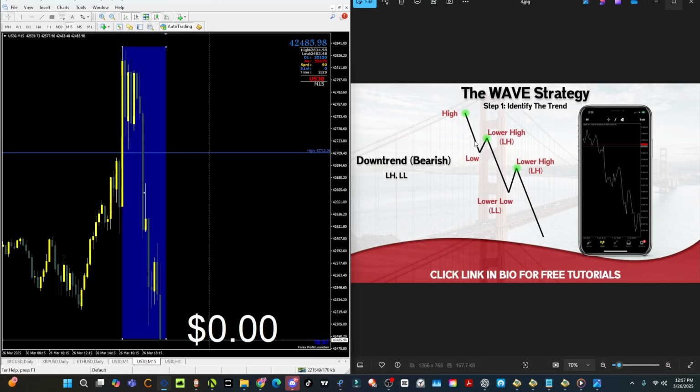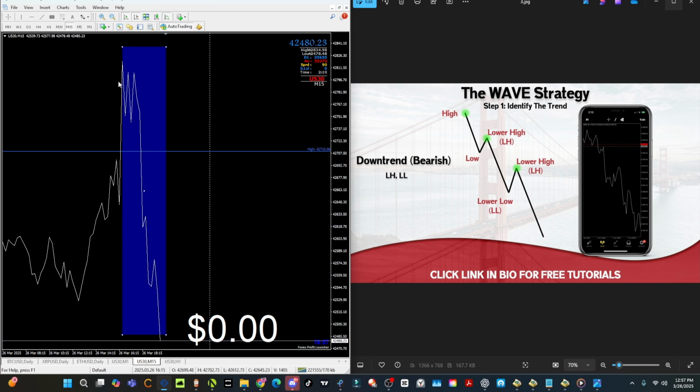Can you see how this pattern right here is happening right now on US 30 in real life? All right, hopefully you are able to see how these two patterns are very similar. If you cannot see it, you could change your chart to a line chart. Boom. Now you might be able to see it a little bit easier. It is literally making this exact same pattern right now.